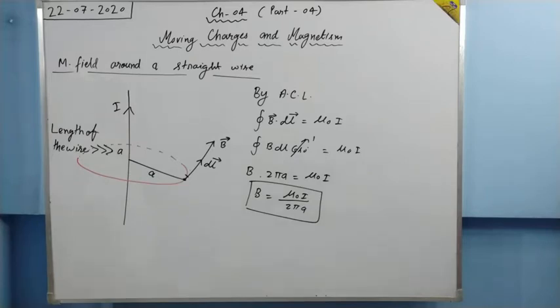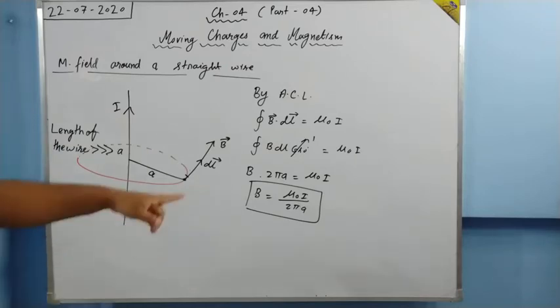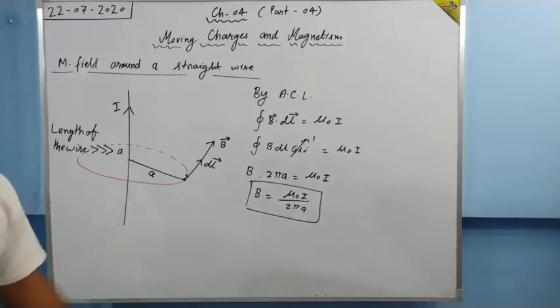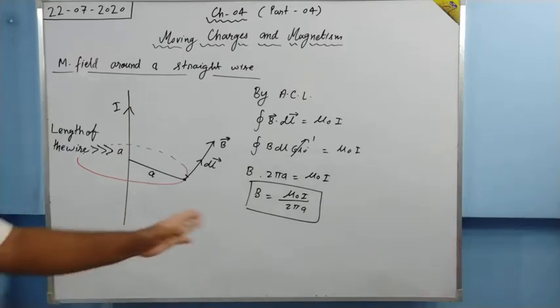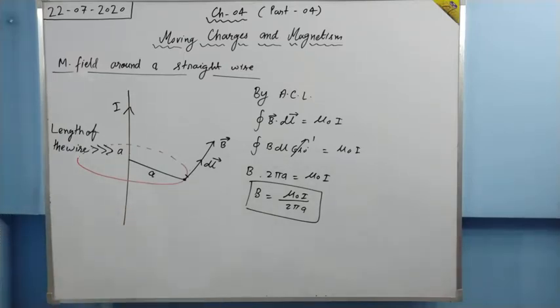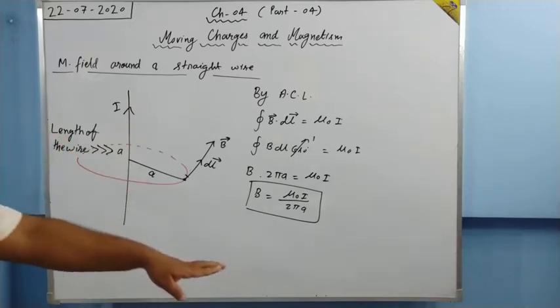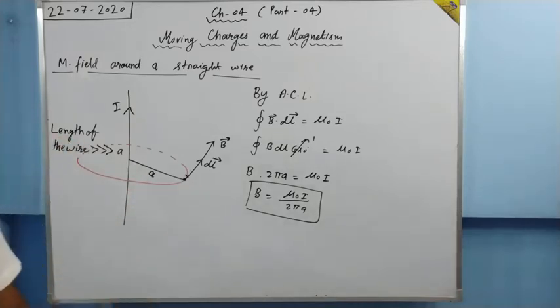And the good news is, from this year, that derivation is not in the syllabus. This derivation is in the syllabus. So basically, this will be asked, not that one. Earlier in the board paper, it was given in words, by using Biot-Savart law or by using ACL. But this year, this will be in the syllabus, so you have to prepare this derivation, not that.